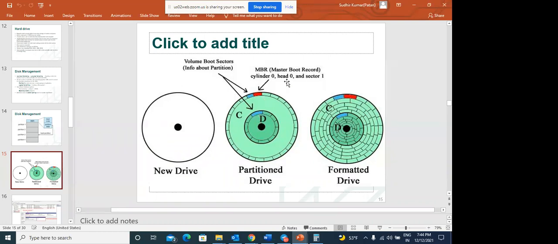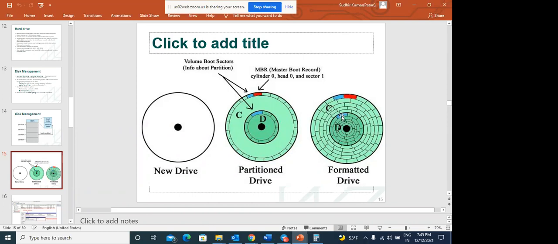So MBR is master boot record. Cylinder 0, head 0, sector 1. First sector, head 0, cylinder 1, 0 for reading. This is a formatted drive. If you format your drive, remove the data, then it will look like that.